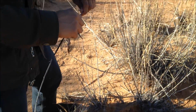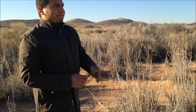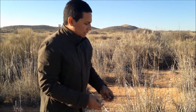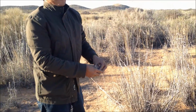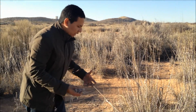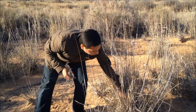Now, in case you are in an area where this isn't an option for you, or you don't want to leave your vehicle, it's understandable. Not everywhere's going to have things like this. So just look in your vehicle. Say you have garbage. Say you went to eat at Burger King before the situation happened, and you have napkins and the paper bag. Just look for your garbage. A lot of this stuff is very easily ignitable. You just got to process it down, beat it down so you get the fine fibers. But for me, luckily,